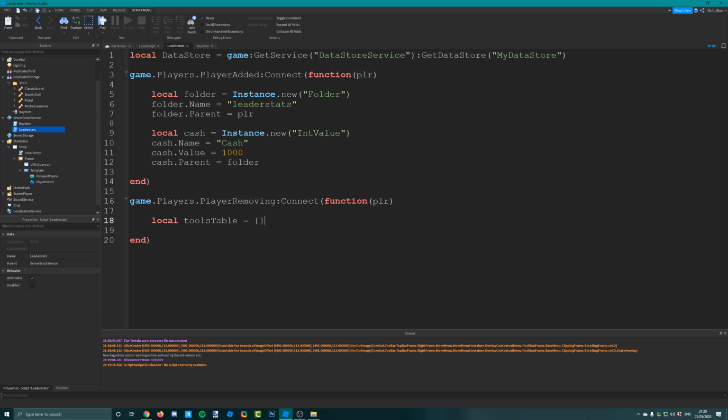But what we can do is get that data, those names, when we load into the game, look for them in the tools folder, and then clone them into your backpack. So for _, tool in pairs player.Backpack:GetChildren() do if game.ReplicatedStorage.Tools:FindFirstChild(tool.Name), so if it is an actual tool in replicated storage, then we